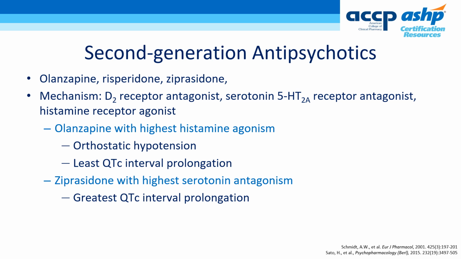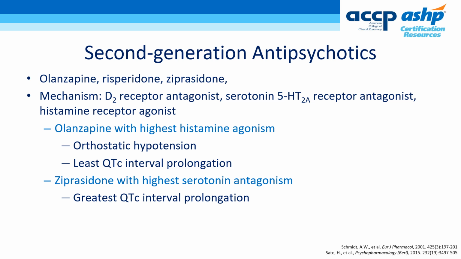Second-generation antipsychotic agents are now the drugs of choice for treating agitation stemming from an underlying psychiatric illness, as they have a more favorable side effect profile and similar efficacy compared to the first-generation antipsychotics. Olanzapine and ziprasidone exhibit different receptor binding, with olanzapine being a dopamine 2 receptor antagonist, serotonin 5-HT2A receptor antagonist, and an antagonist at muscarinic and histamine receptors. In comparison, ziprasidone has higher serotonin antagonism.